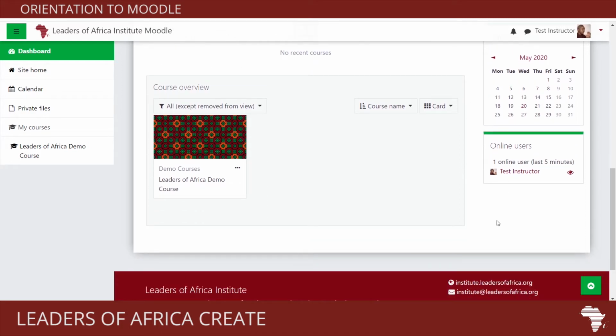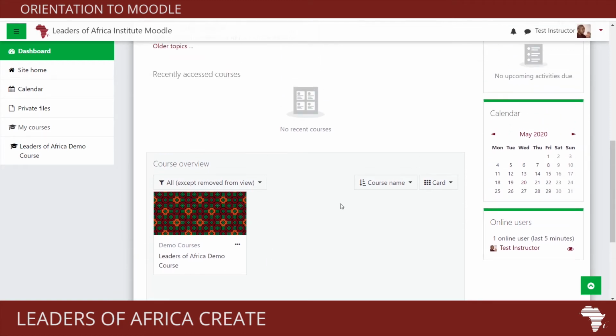Right here, you can see the online users, and online users are all those students and faculty who are signed on at that given point in time. And you can actually make yourself invisible if you'd like by clicking this little eye here, and then it will make you invisible to others. Most of the time, you want to leave this open so that students as well as faculty know that you're online. And then finally, you see all the courses down here. In this case, we have the demo course, the Leaders of Africa demo course